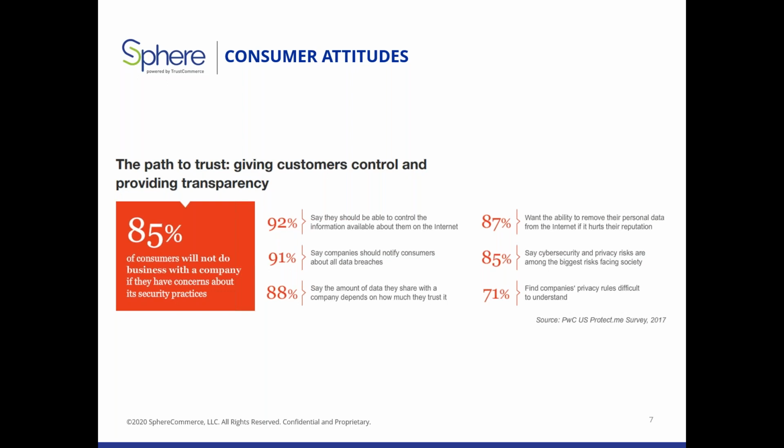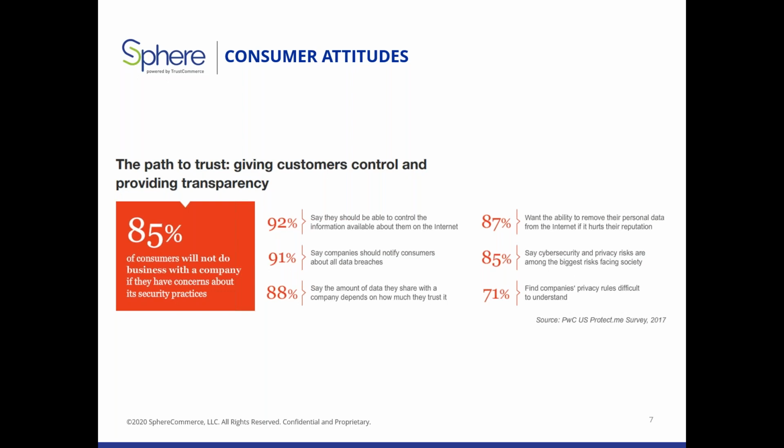So this is really interesting in light of other studies that say people are willing to trade data privacy for convenience. But they have to trust that they know what you're going to do with the data. So if you're transparent in how you are dealing with data, hey, if you want to sign up for this newsletter and you want to get free discounts or you want to get benefits or perks, let us send you marketing information. We won't sell it to anybody else, but this is how we're going to use it internally. The more transparent you are with respect to your information practices, the more likely consumers are to share their data and to do business with you.